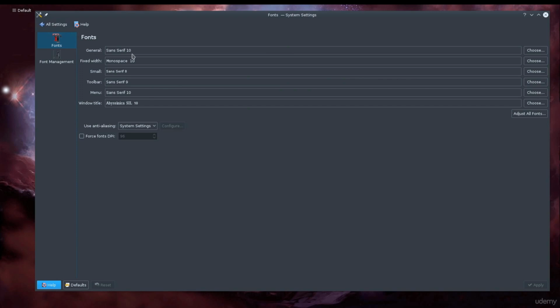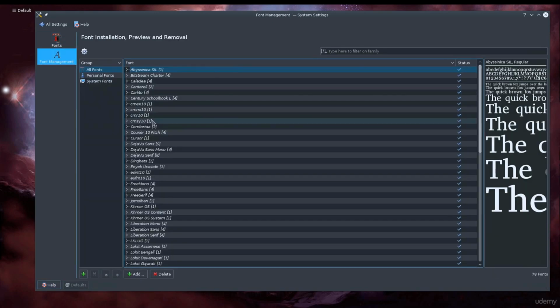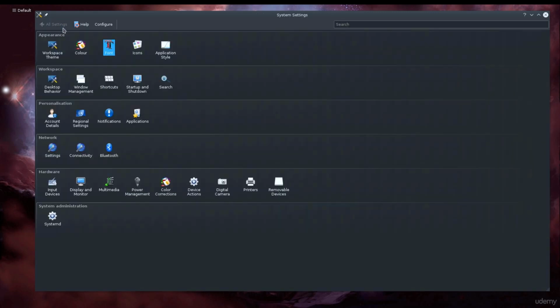I mean, you have the general one, the width, the small, the toolbar, the menu, the window title. So adjust accordingly to whatever you need. I usually don't mess around with these things at all, as that is not really that important to me. But select whatever suits you. Now,